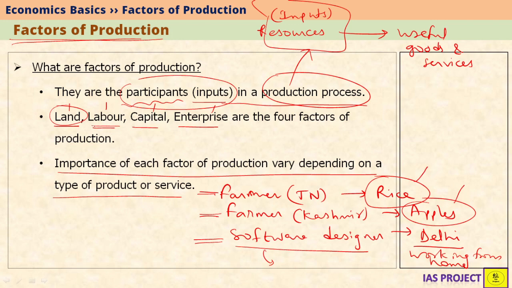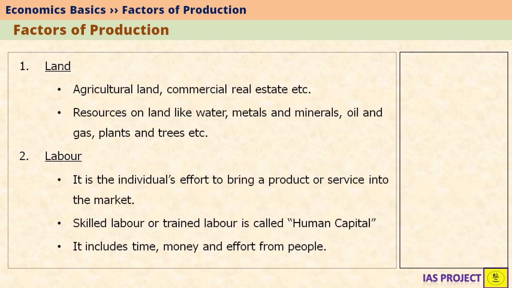Similarly, if we look at the labor, the labor performed by these two people is majorly unskilled labor. However, for the software engineer, it is called skilled labor. The requirements of capital also are different for these three people. He may require some advanced software or equipment like a laptop or a workstation. These two people may need equipment like tractors or some kind of harvesters or those equipments. The kind of enterprise is also different. Let's look at these factors of production in detail.